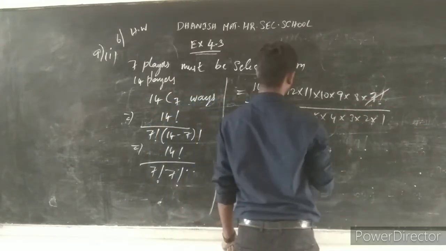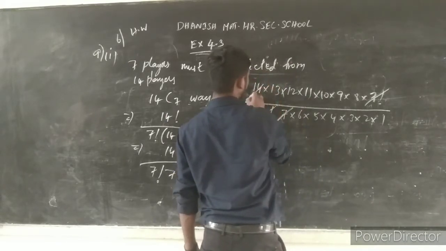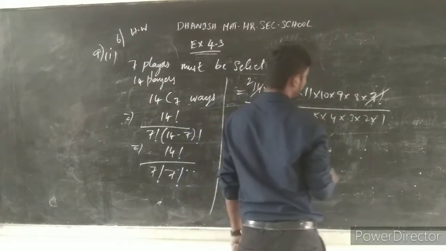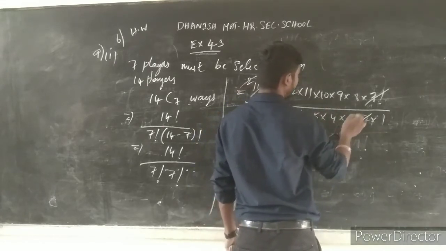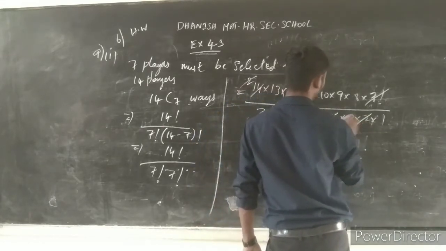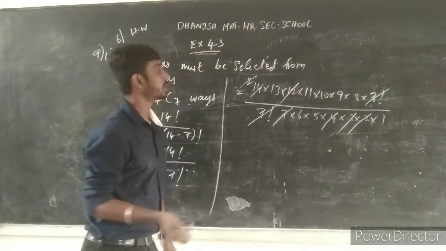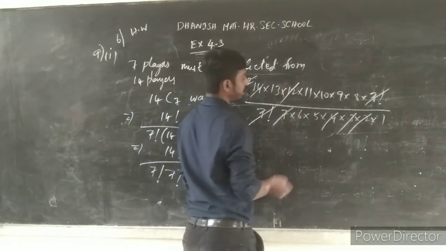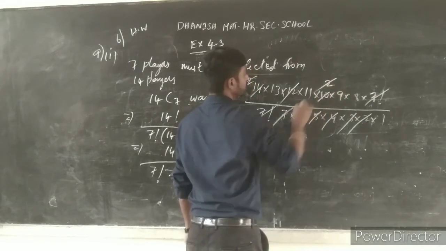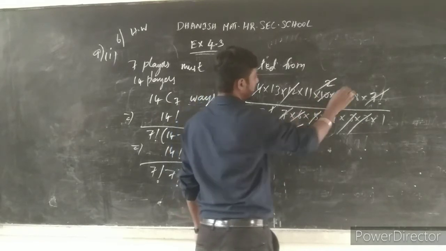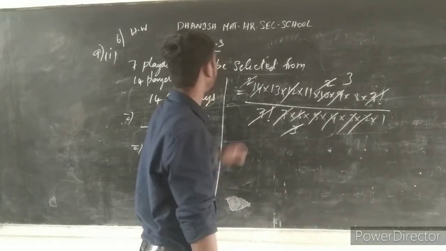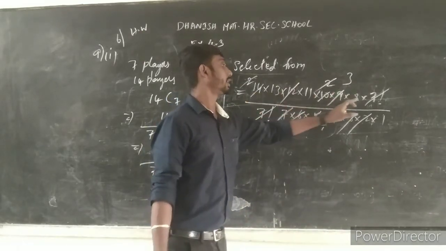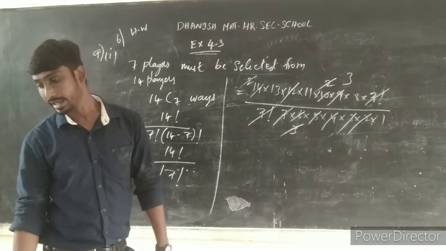So you will have 7 into 2 times. 2 and 2 will be cancelled here. 4 threes are 12, will be cancelled. Then what are the remaining values you are getting? 5, that will be 2 times. So 2 will be cancelling, 3 times. 3 will be cancelling. What are the remaining values you are having? 13 into 3 into 8.